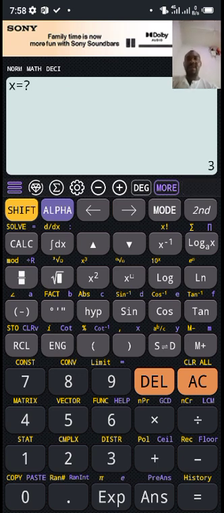Now remember, the question says the limit tends to pi over 2. Now pi over 2 in degrees is 90 degrees, and my calculator is in degrees. So I'm going to look for a number that is very, very close to 90, because substituting 90 may not work. It may give us an indeterminate answer. So we are going to use, let's say,